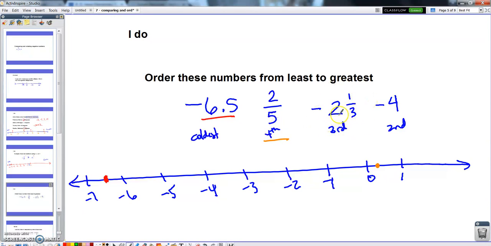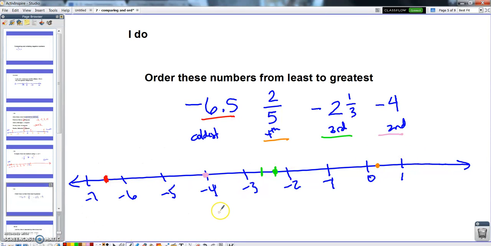-2 1/3. I'm going to go back. -1, -2 1/3, about right there if I partition that into thirds. -2 1/3 right there. And -4 is right there. And now I can just go left to right and say, well, the lowest is the